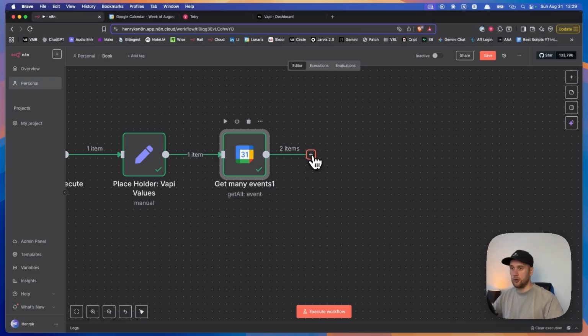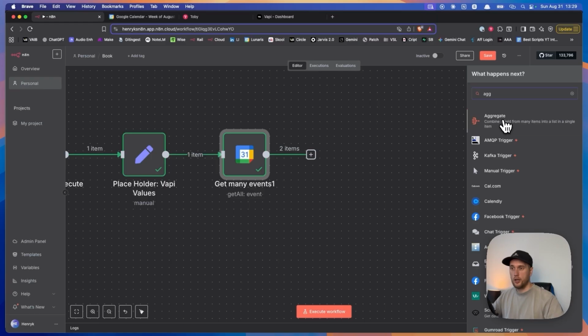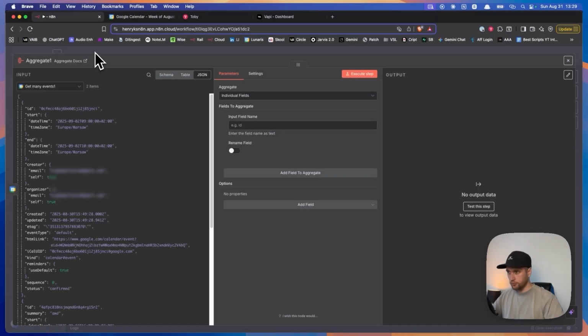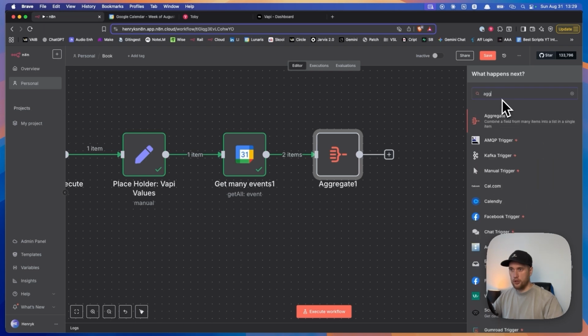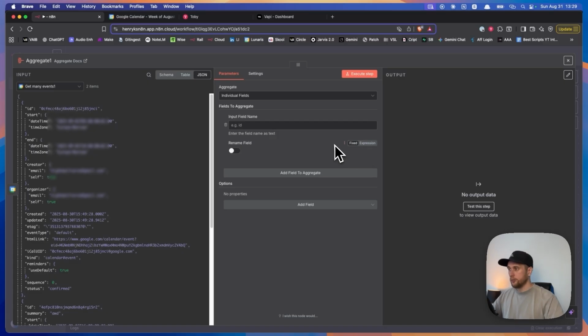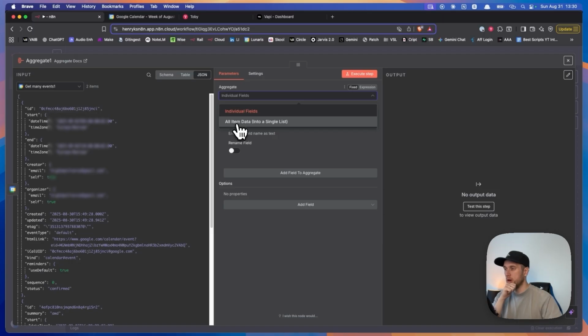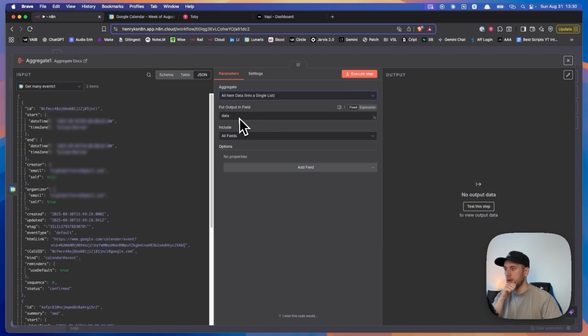So we want to stop this by using an aggregate module. So I just did it fairly quickly, but I pressed tab and then I typed in AGG and I found this module right here. Right. The next thing we want, I actually don't want individual fields because that'd be annoying to grab all these individually. And there's a drop down here, and the one we want to select is all item data into a single list. This will then grab this,